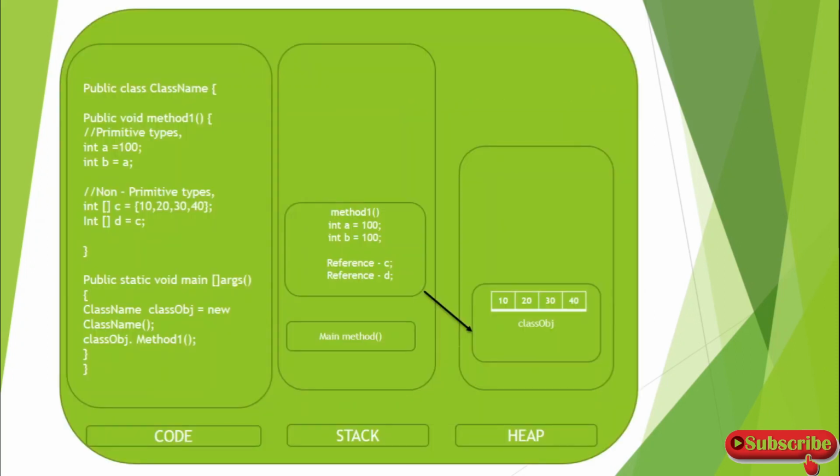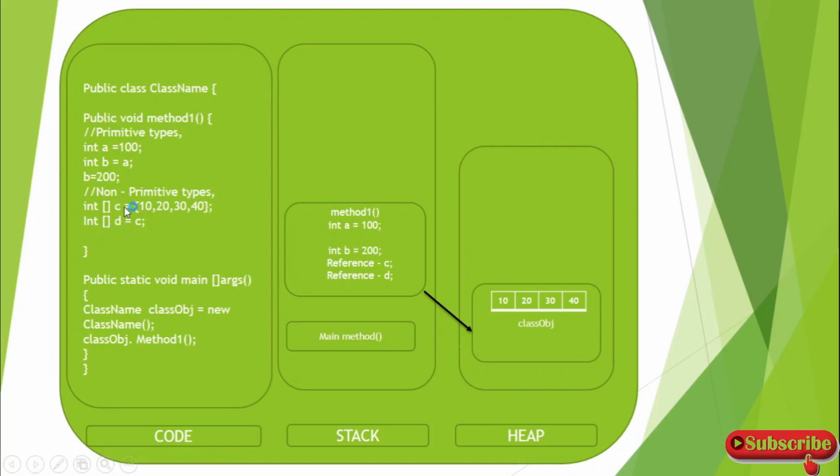Now let's try to change the value of b here. Okay, so in the class, I'm going to change the value of b to 200. So now the value of a is 100, value of b is 200, right? So now what will happen in the stack memory? You can see the value of b will get assigned 200, and the value of a will remain as 100.